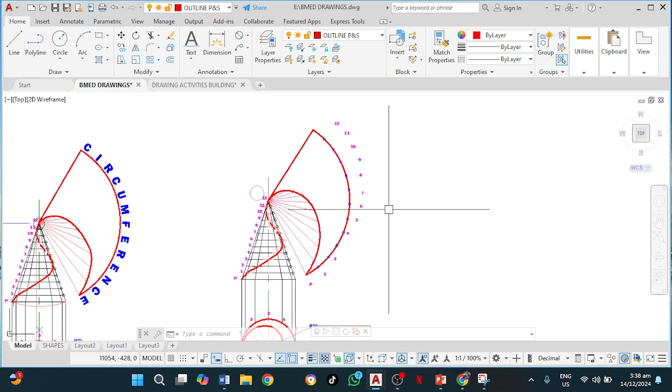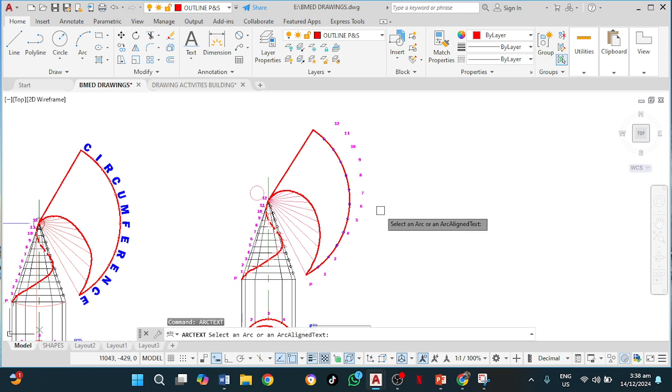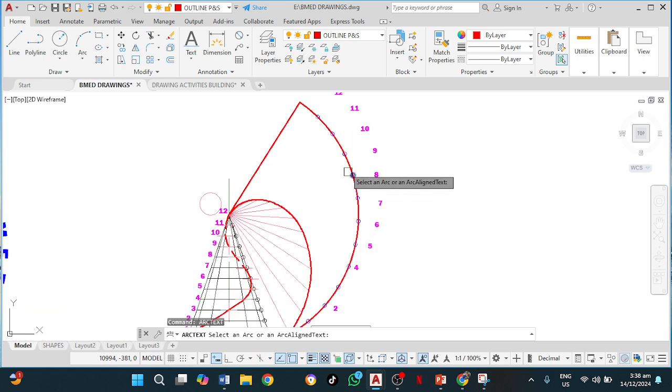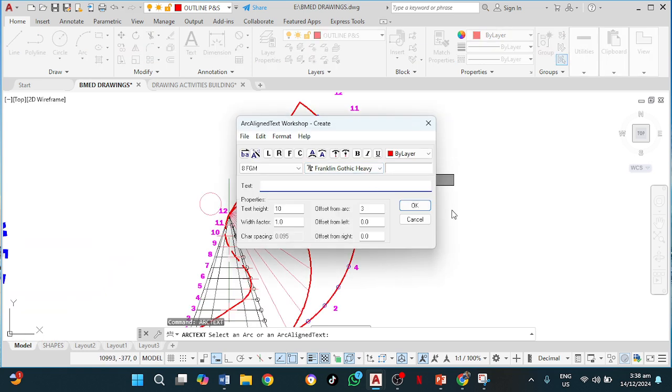All right. Now to get this circumference on this, I type arc text, enter. So it's arc text, then select this. And again, guys, all of these can be found in that book, Fundamentals of Computer Aided Design. Everything is there. I then choose the layer that I want,